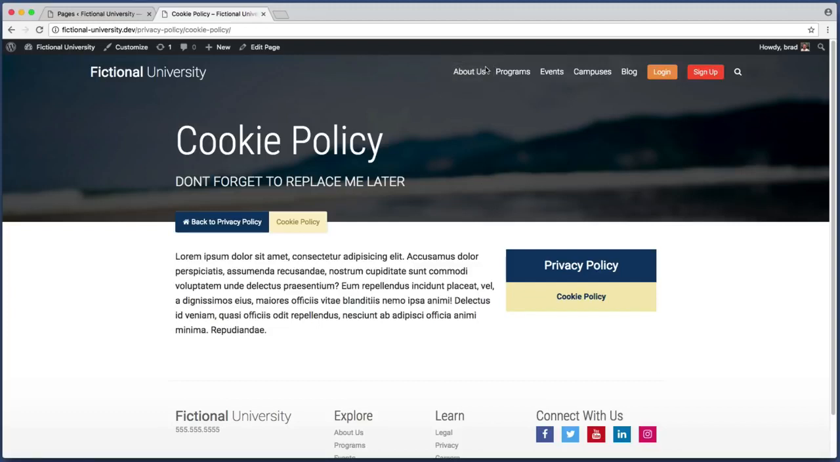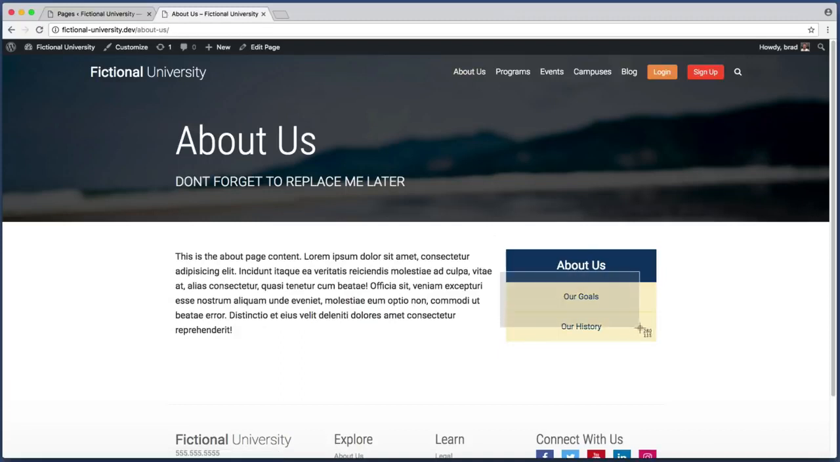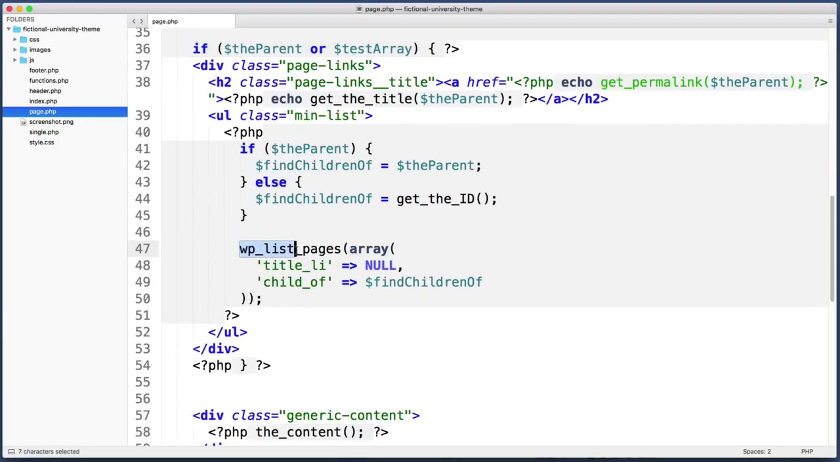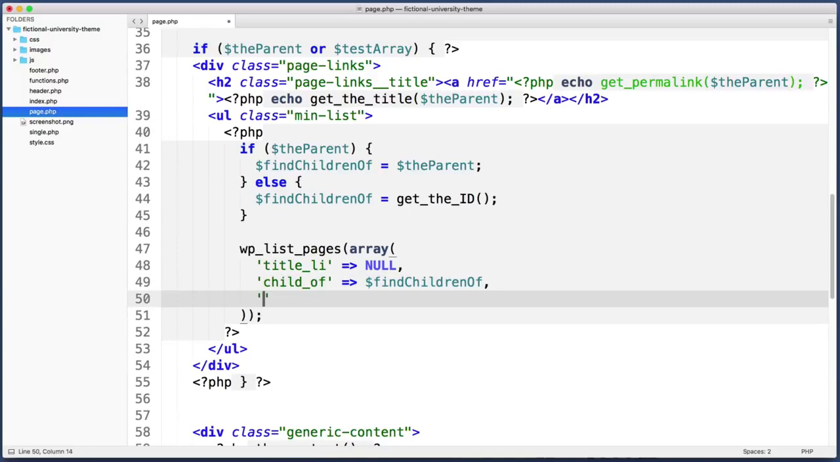Now before we bring this lesson to a close, I have one last tip for you. If I go back to the About Us page, you'll notice that I have multiple children links. And you might be wondering, how can you control the ordering of these? For example, what if I wanted our history to come before our goals? By default, WordPress will use alphabetical ordering, but if you want to use your own custom ordering, all you need to do, down here when we are calling this list pages function, within our array of arguments, let's just add another item, and let's use a parameter named sort_column and set it to equal